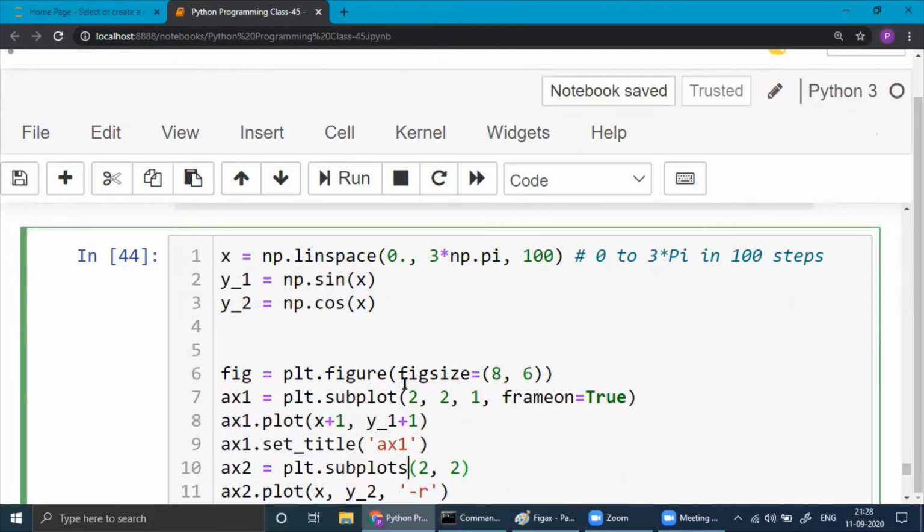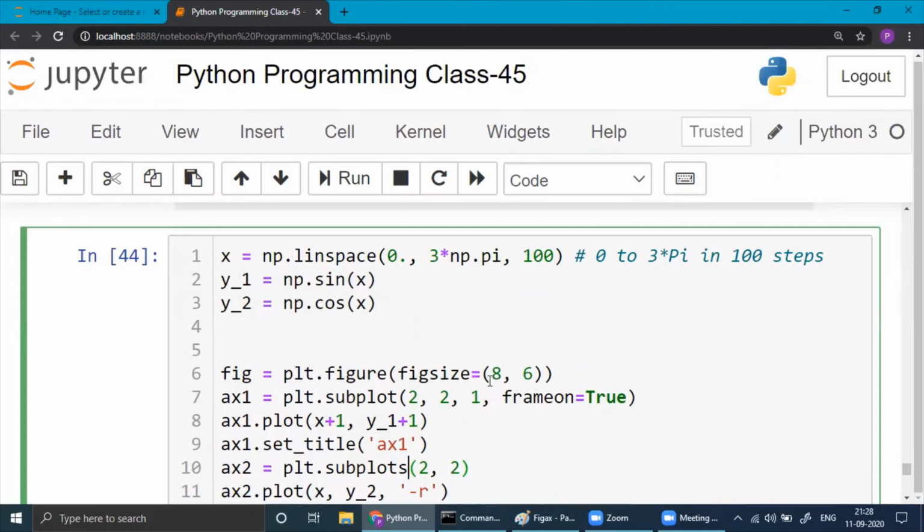Figure, plt.figure, figsize is there. And subplot here. So let me write everything here only. It should be like this.